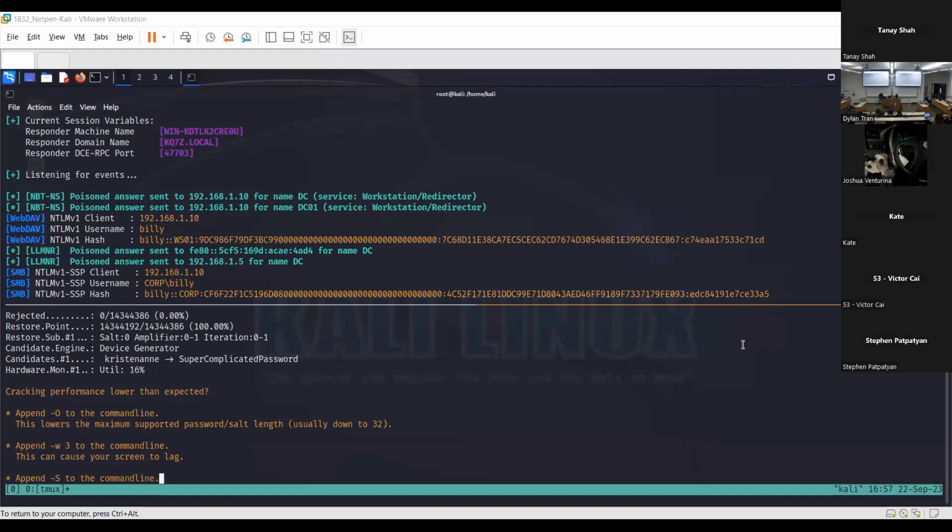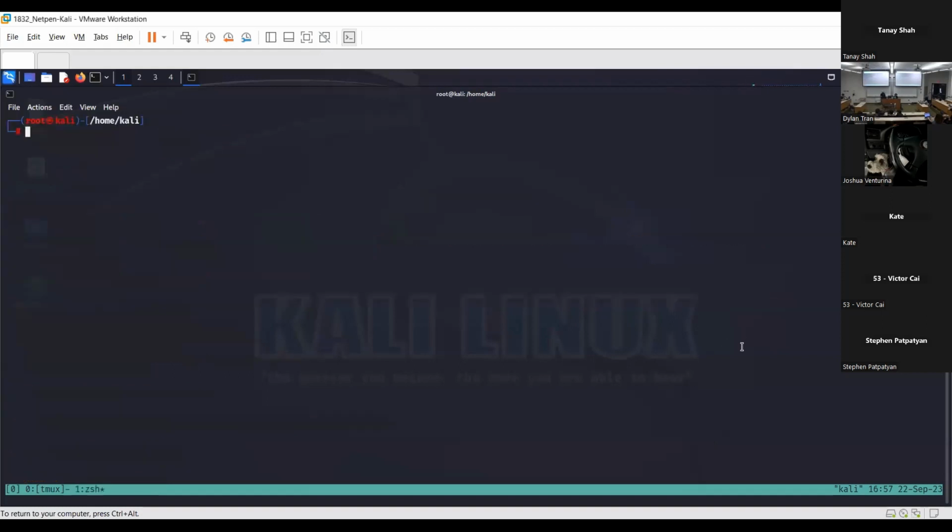Okay, is my screen sharing? All right, cool. So for this one, all we have to do is run the CrackMapExec command. We specify the protocol. To perform SAM and LSA dumps, you need to run the SMB protocol through CrackMapExec, so we just specify SMB as the first argument. The second argument is going to be our targets. I want to target all the machines in this lab, so based on the scope I gave you at the start,